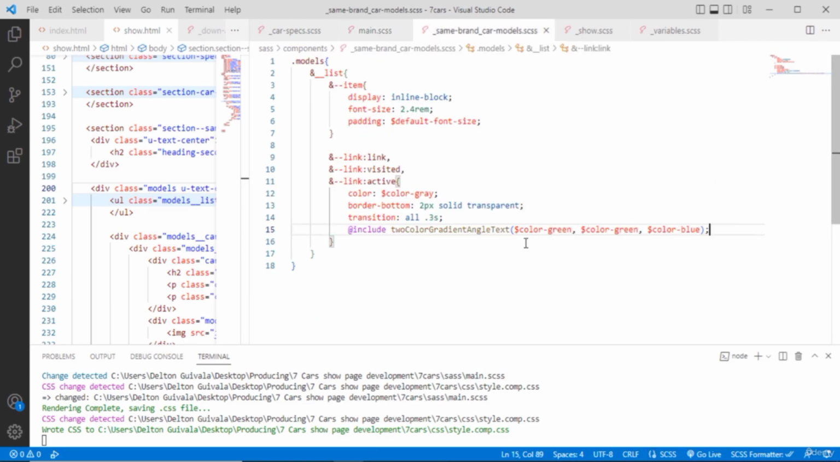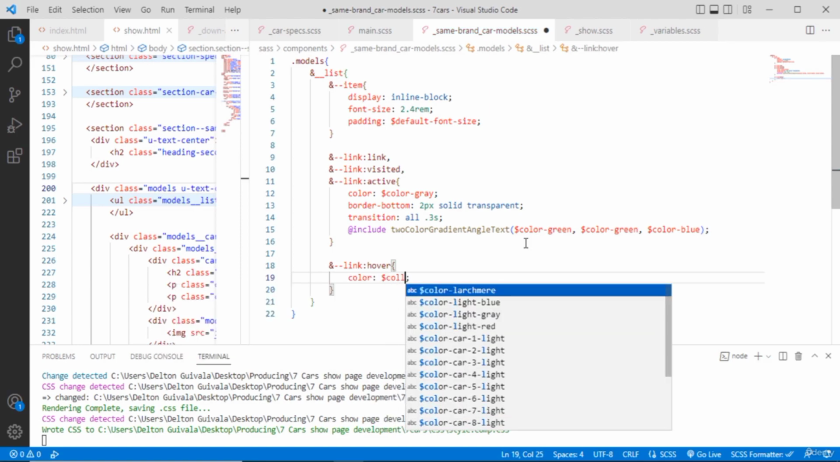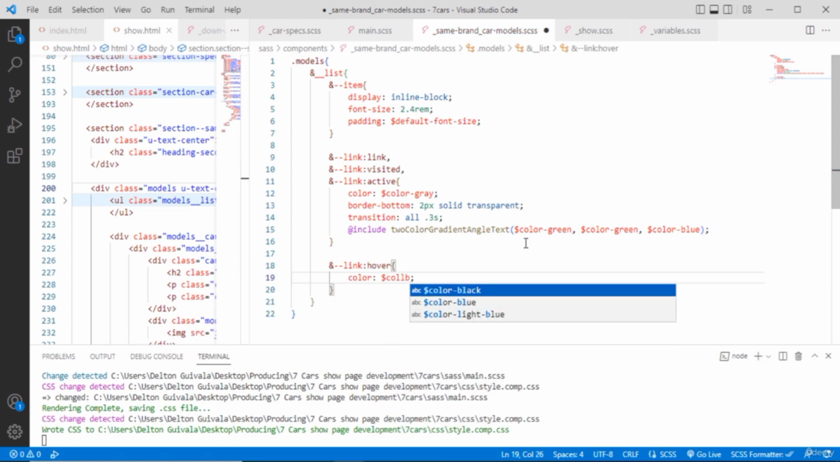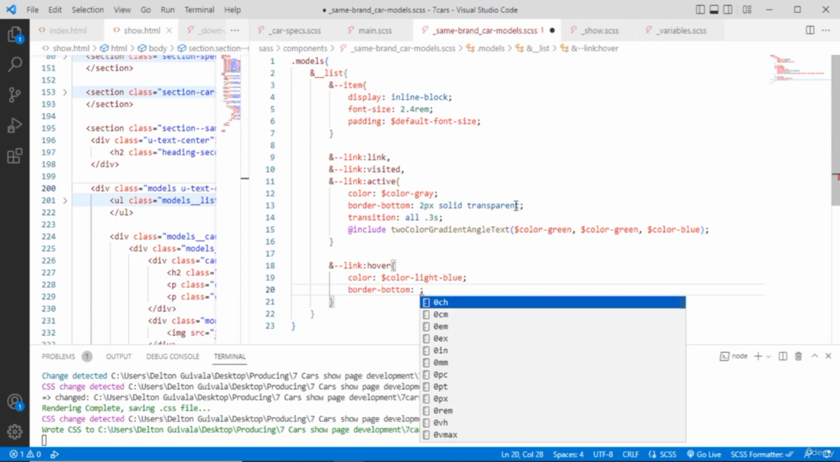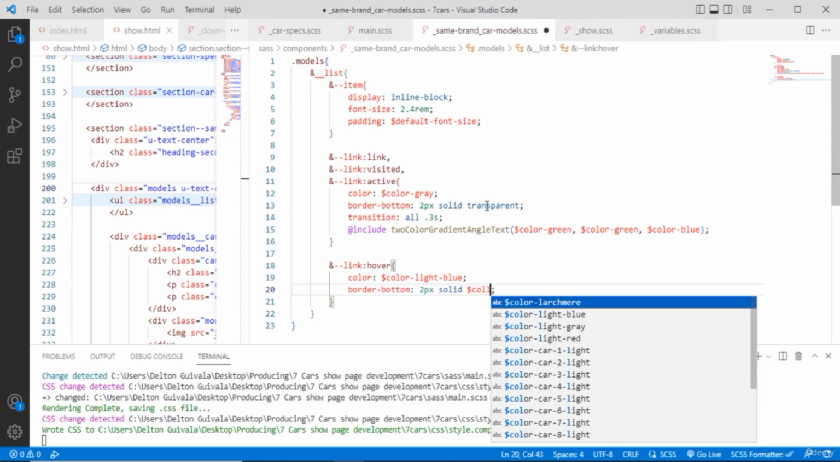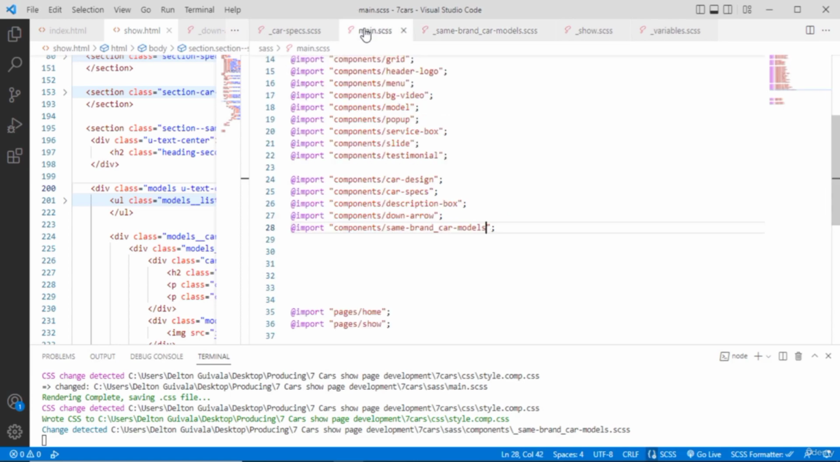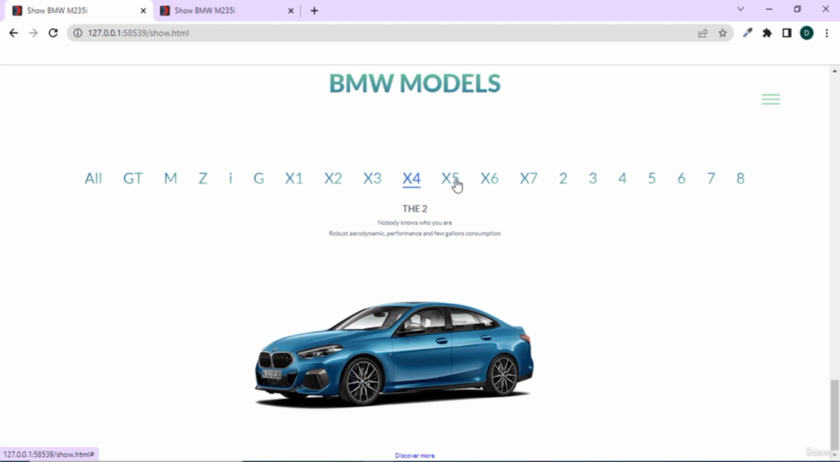Next we can play with that hover. I'm going to say here link when it's hover. I'm going to change the color to be color light blue. I have here, and the border bottom that was transparent previously, let's continue with 2 pixels solid, but this time I'm going to put a color which is color light blue. Saving here again, go, very good,